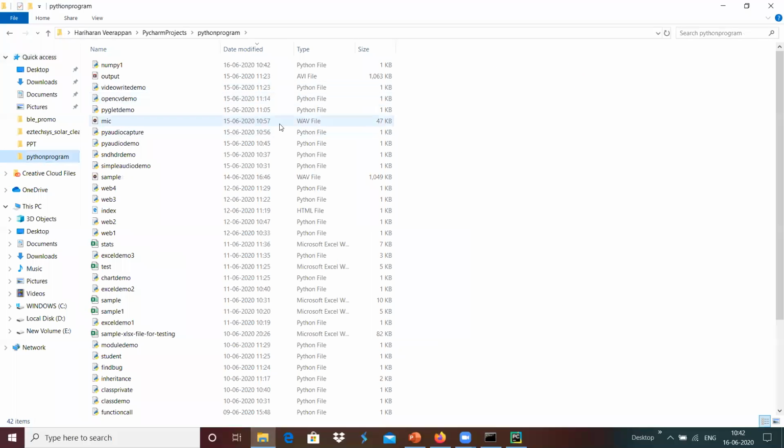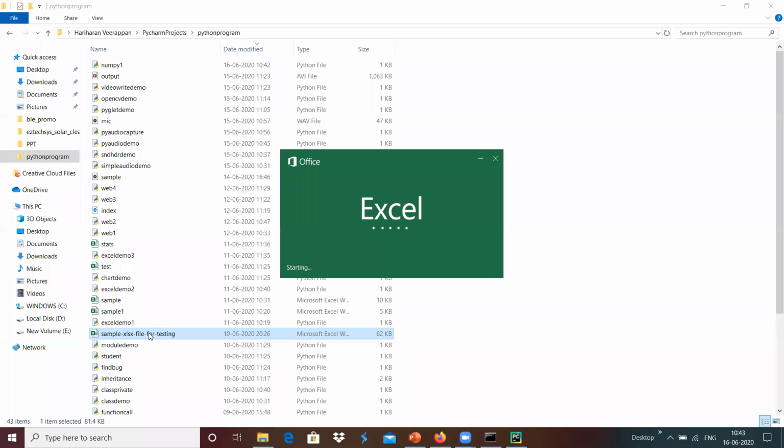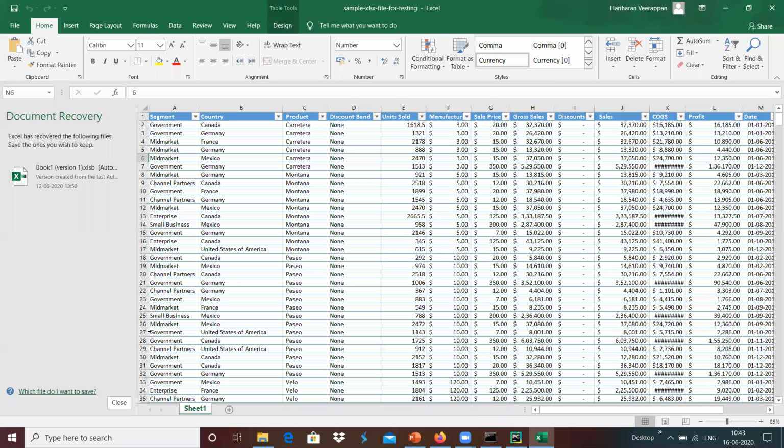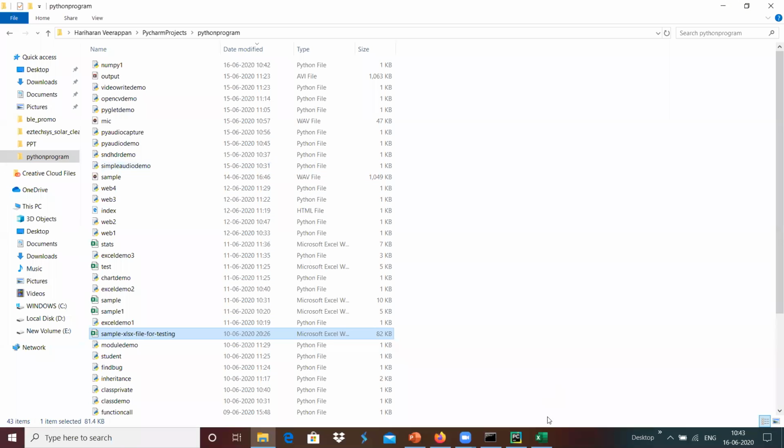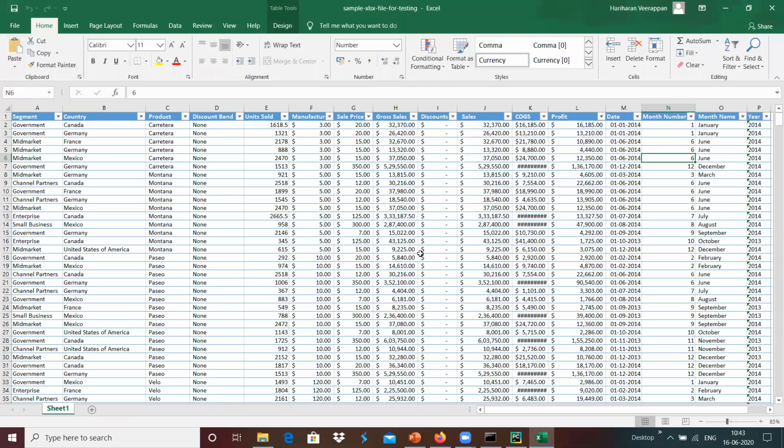For example, we have this file. We can load this data into NumPy with the format where segment is a string, country is a string, product is a string, discount band is a string, units sold is a floating point, and manufacturing value is a floating point.